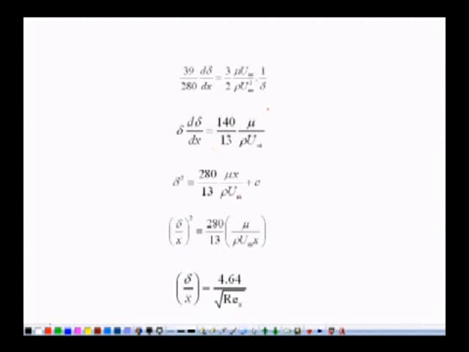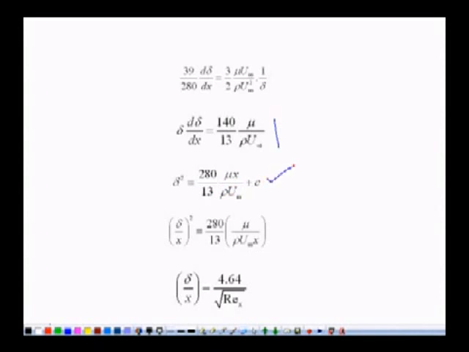So we have this equation, delta d delta over dx is equal to 140 divided by 13 mu divided by rho u infinity. Now integrate this equation, we will get delta, because delta is a function of x. So delta square is equal to 280 divided by 13, because it will become delta square divided by 2, this 2 will go here and this will be 280 divided by 13 mu x divided by rho u infinity plus some